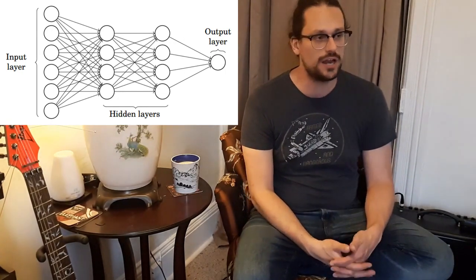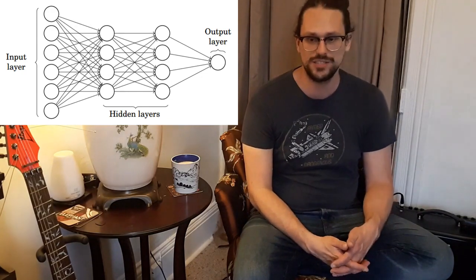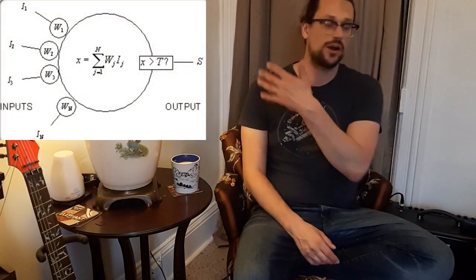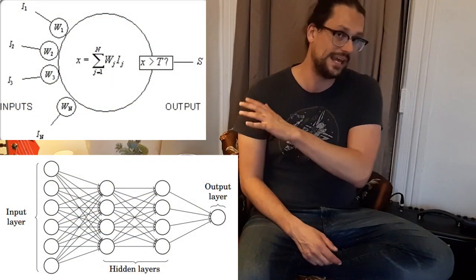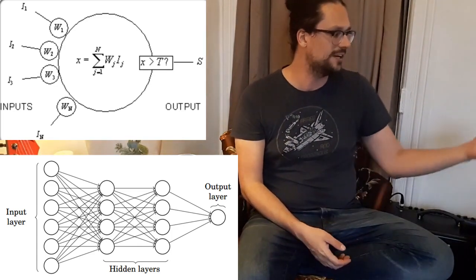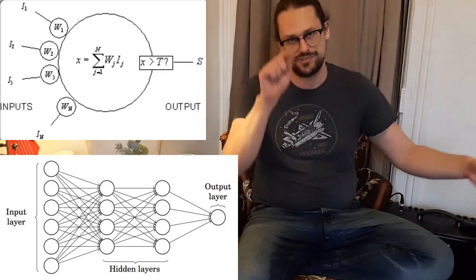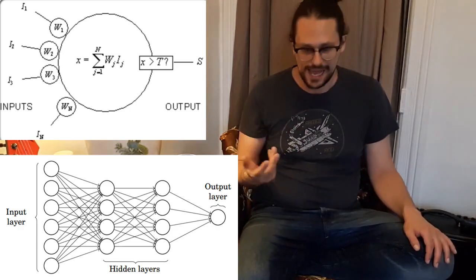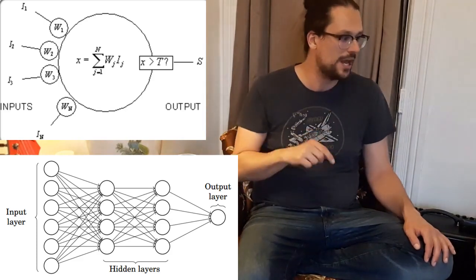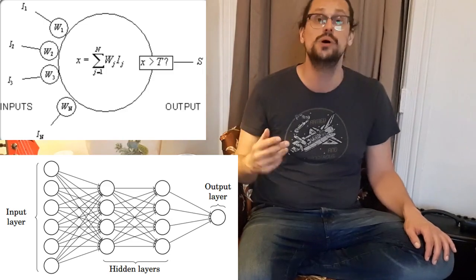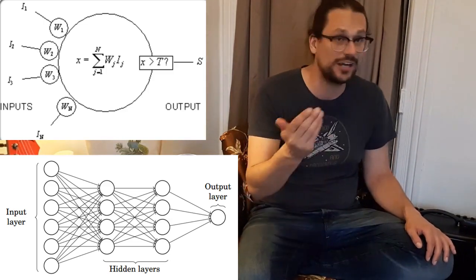Now, as I mentioned, a lot of artificial neural networks are constructed out of perceptrons. I'll put a perceptron right here. Basically, we can see here the different inputs going into the unit. They're all indicated with the letter I, with certain subscript numbers. So I1, I2, I3, IN, that's the number of inputs. The little circles that say W subscript 1, subscript 2, those indicate the weights of our connections.